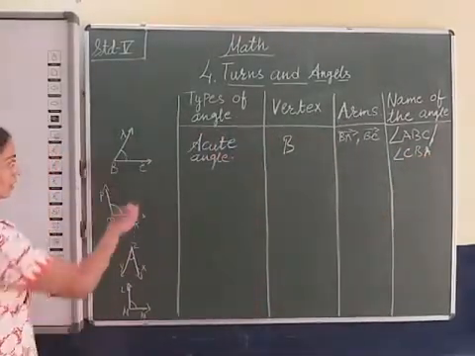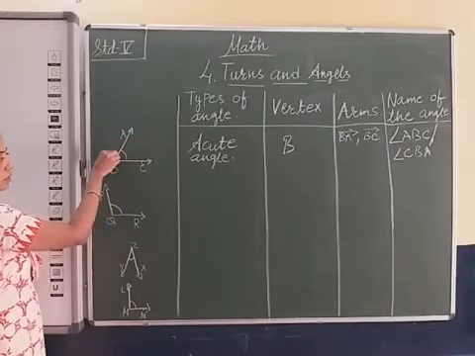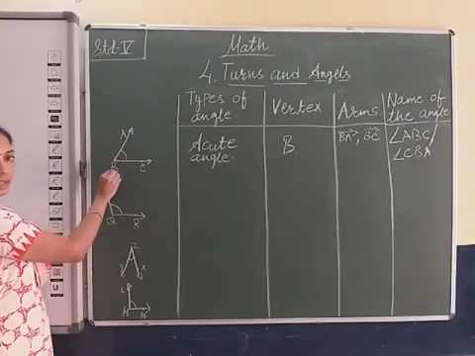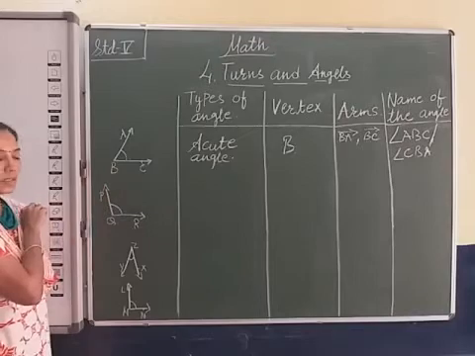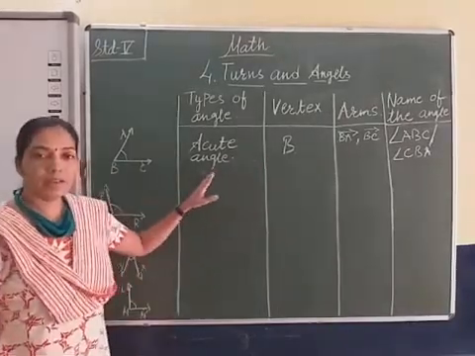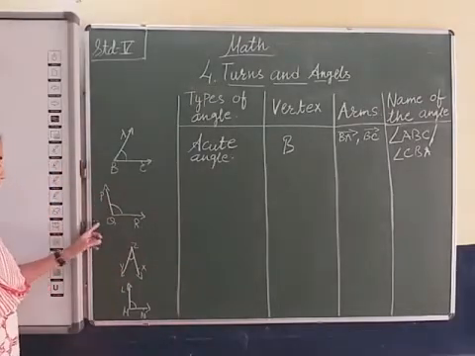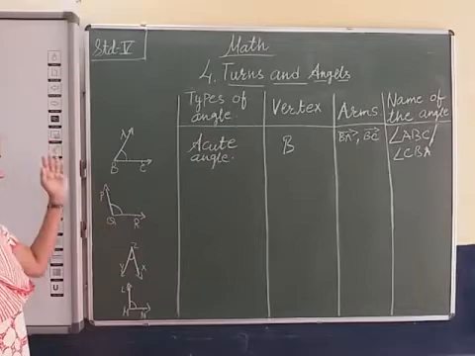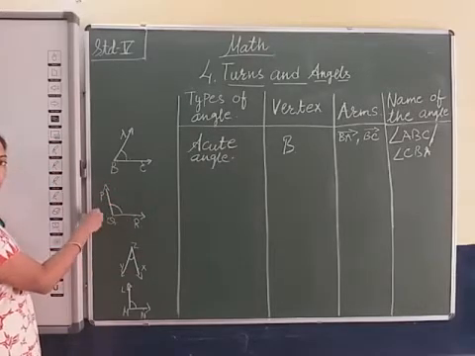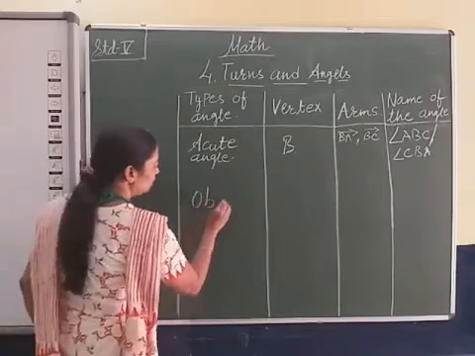So here we give this name of angle. This is the point where two rays or lines meet, that point is called the vertex, and we give this name here B, and this angle is an acute angle. Let me see the next one. This angle shows this side. Yes, so it's more than 90 degree. Yes, so it is an obtuse angle.